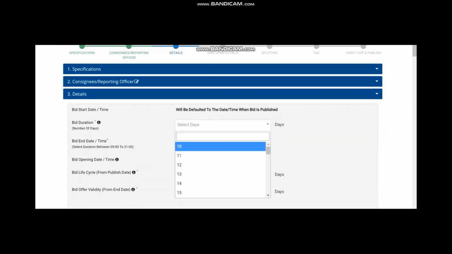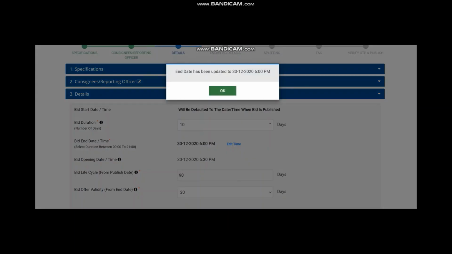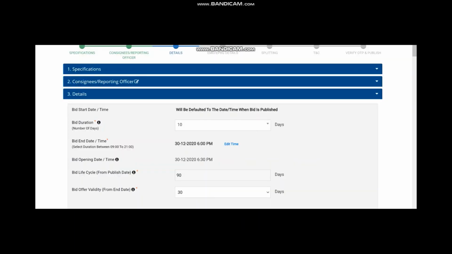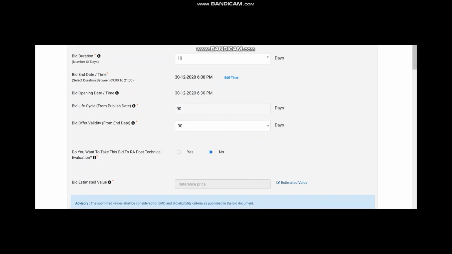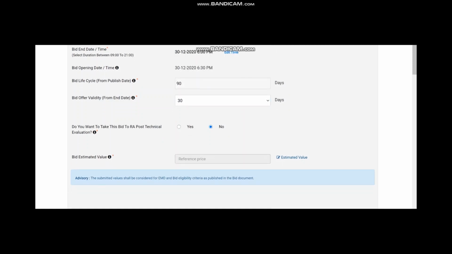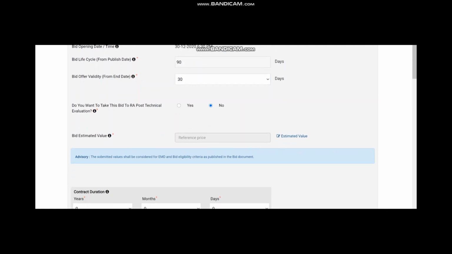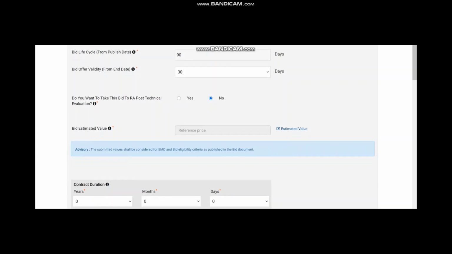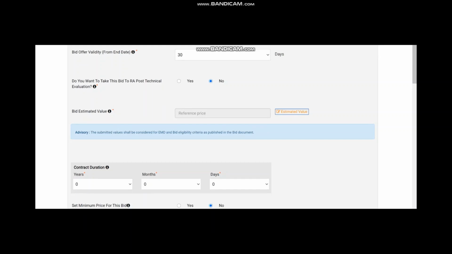So you can give 10 days, it can go up to 80 days. So once you fix the bid opening date, now the bid life cycle, which is the maximum time you are allowed to finish the tendering process, and bid offer validity, you can go up to 80 days. Then next you have to go for bid estimated value, which is the estimation you have made before going for this bidding process.